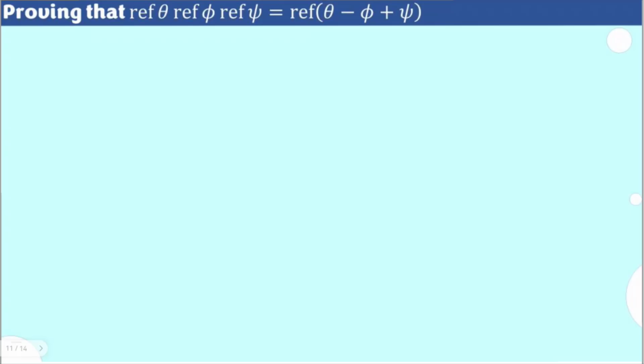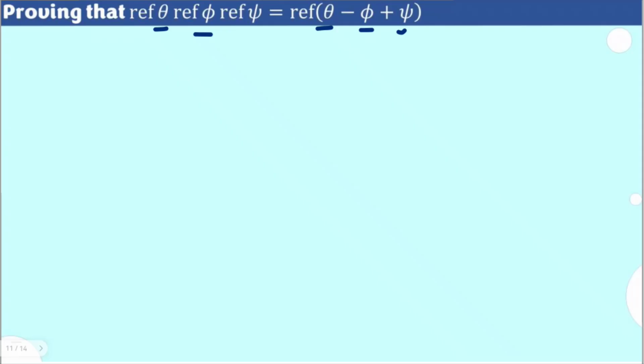We're going to show that the product of three reflections is equal to the reflection of the difference of your first angle here, theta, and then you have your second angle, which is your phi, then to add again the third angle, which is psi, in this manner. So let's try to show the proof of that, but of course let's be guided that if we talk about